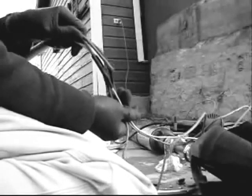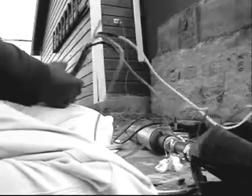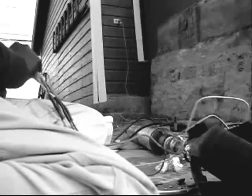All right, camera down here. There we go. I'm going to slide this thing over and see if it'll cover. It doesn't. It's too